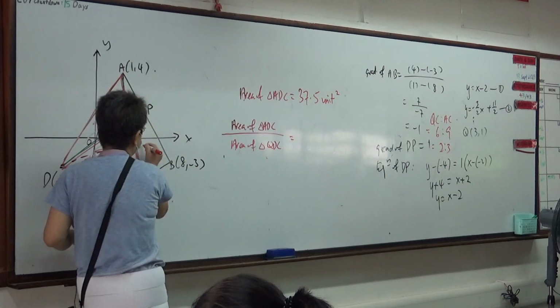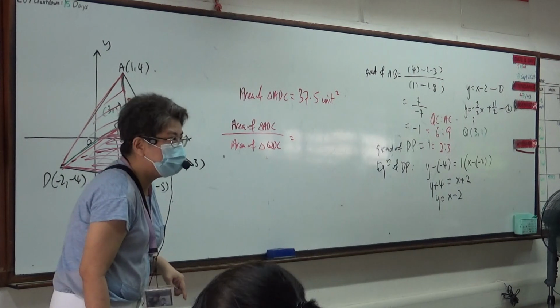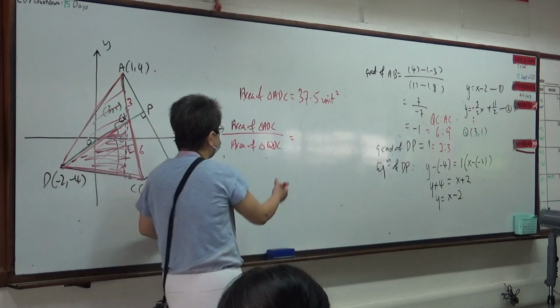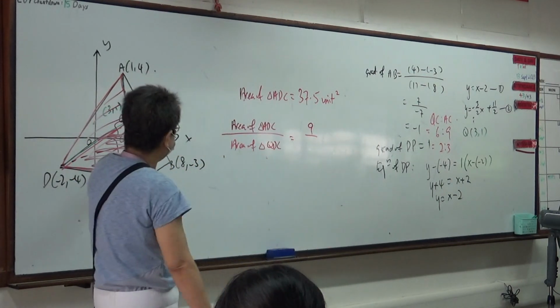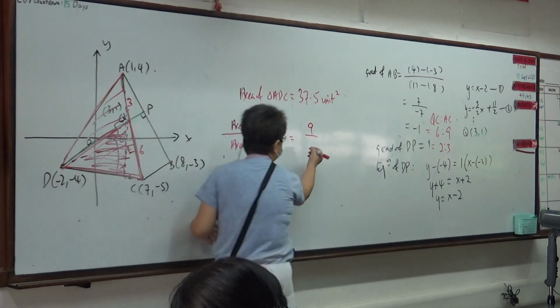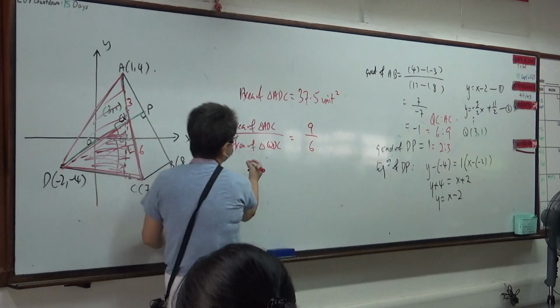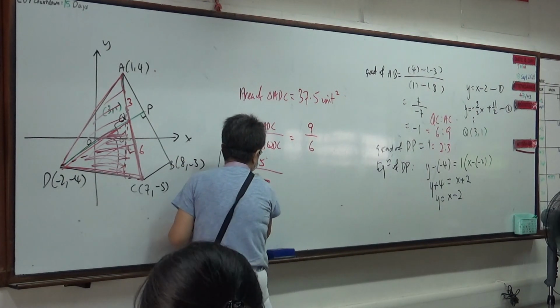So this is a 3, this is a 6, right? Alright, because the whole thing is 9. Agree? Okay, the whole thing is 9. So this is 9 over 6, then after that ABC over QDC, right? Agree, class? I plug in this one, 37.5 over